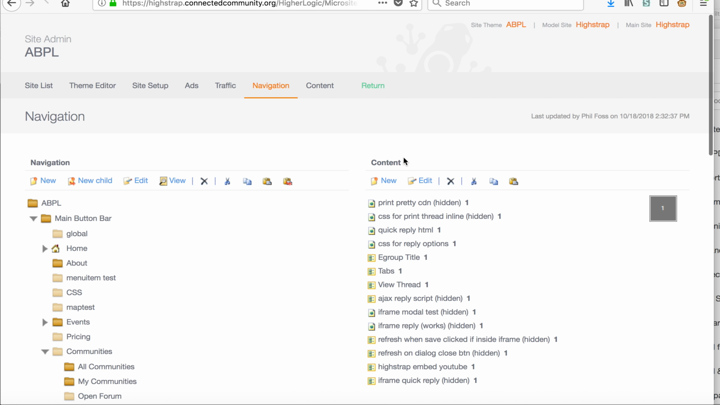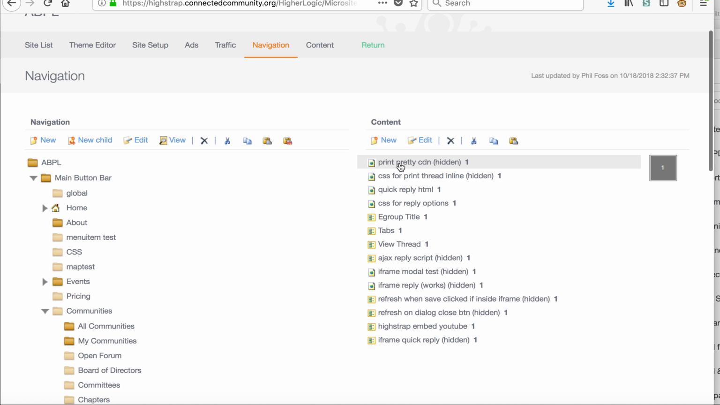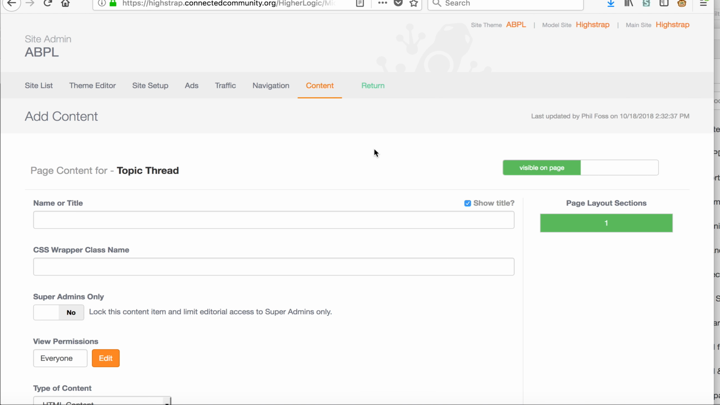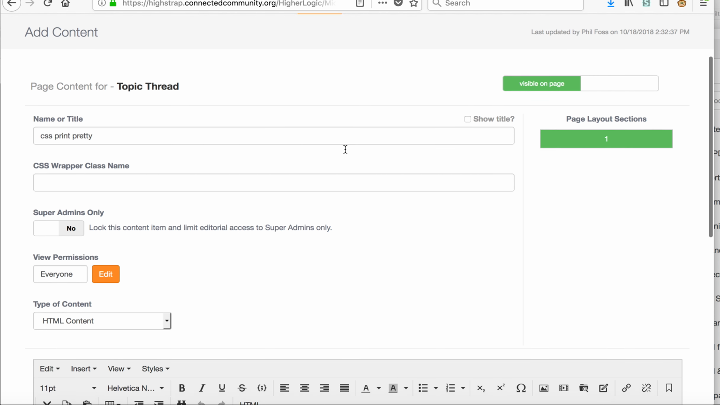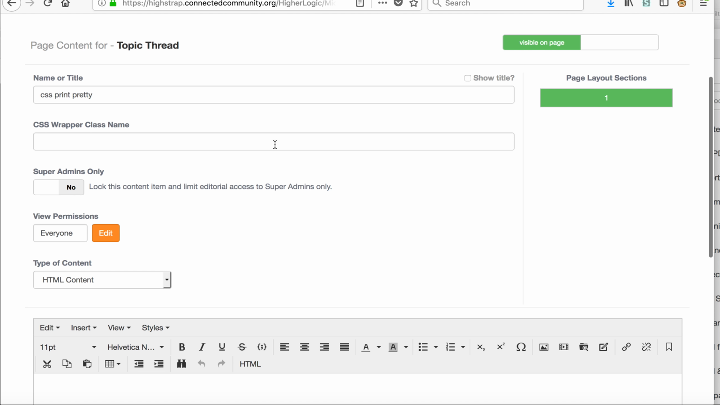So if I go to the admin, and actually I've been adding a whole bunch of, this is where I do some testing on thread detail page. Let's say I just have a new item, and I had just copied that bit of text from Content Garden. I'll name this CSS print pretty,